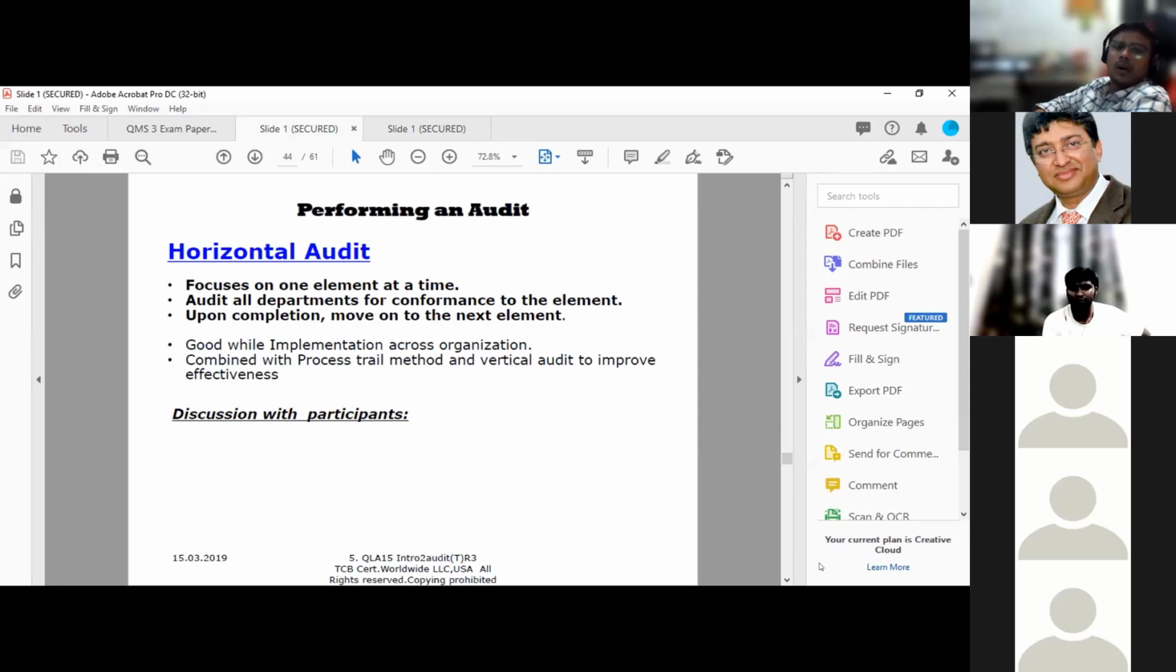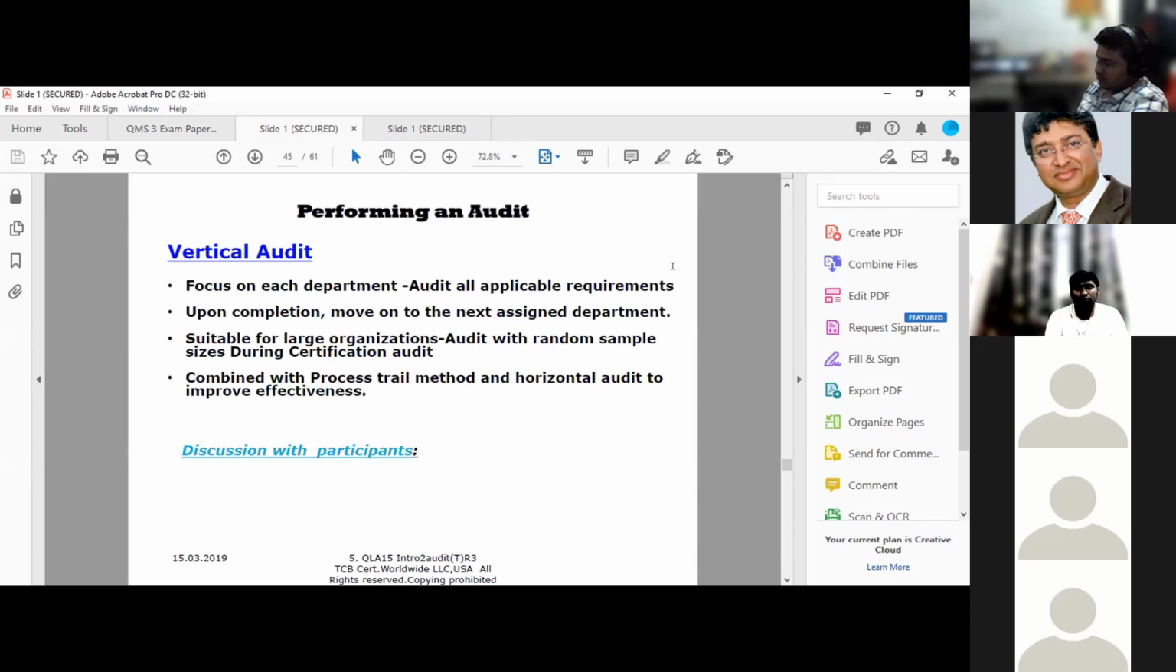Sure. Horizontal audit. Why do you do this? You have to ensure that your documents are effectively implemented everywhere, in all departments. This is called horizontal audit. Now, vertical audit is when you are